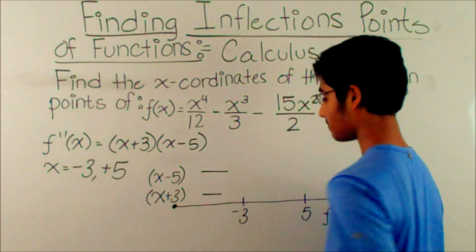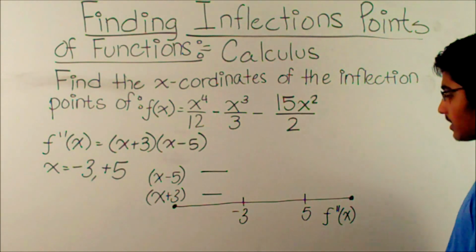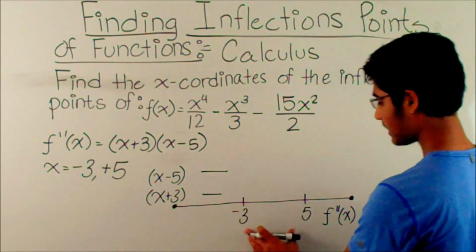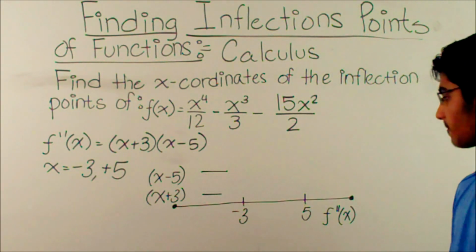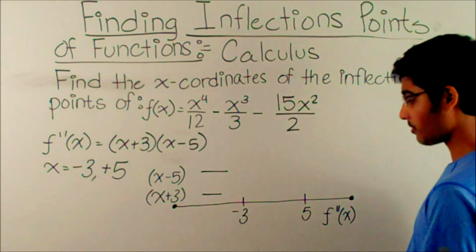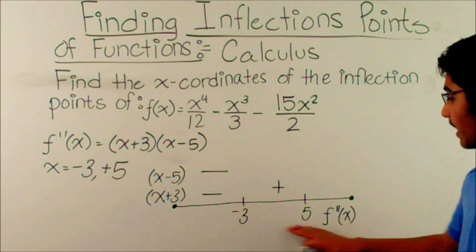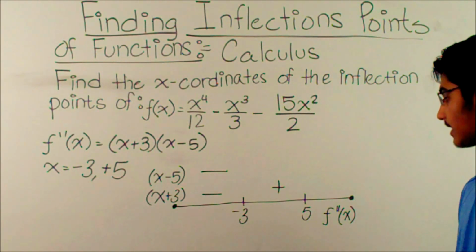So this is negative. Now let's move on. From negative 3 to 5. If we pick a value, let's say we pick the value 0. 0 plus 3 is equal to 3, which is a positive number. We'll notice that this is true for any value on this open interval from negative 3 to 5. Let's say we picked negative